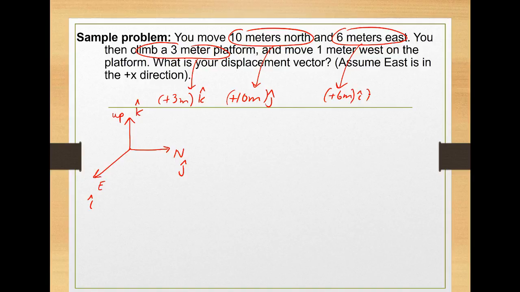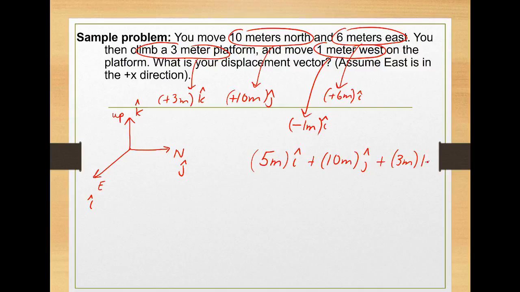And I guess we put the parentheses there. And finally, moving 1 meter west would translate into minus 1 meters i hat. So if we take all of those and add them together, it looks like our displacement vector would be 5 meters in the i hat direction, 10 meters in the j hat direction, and 3 meters in the k hat